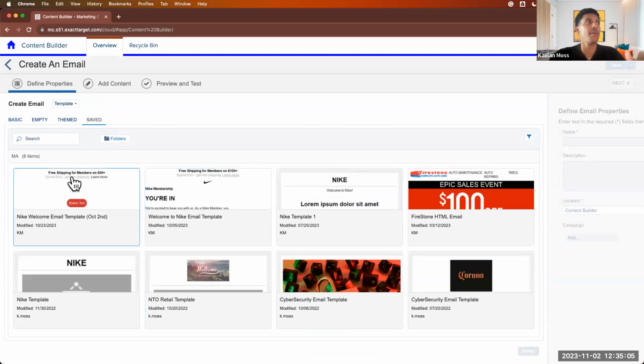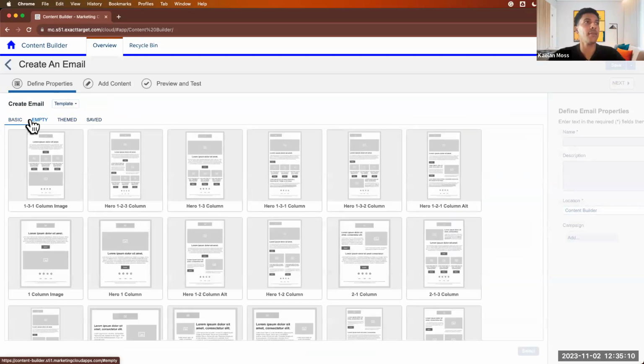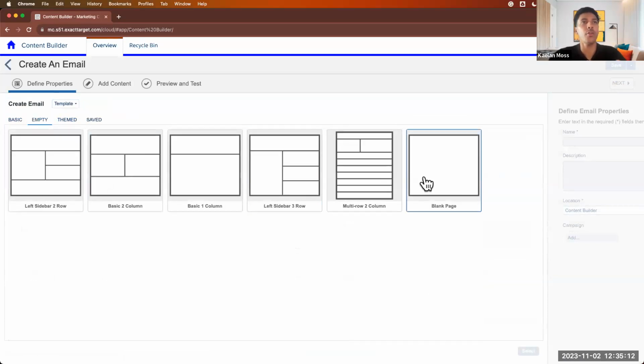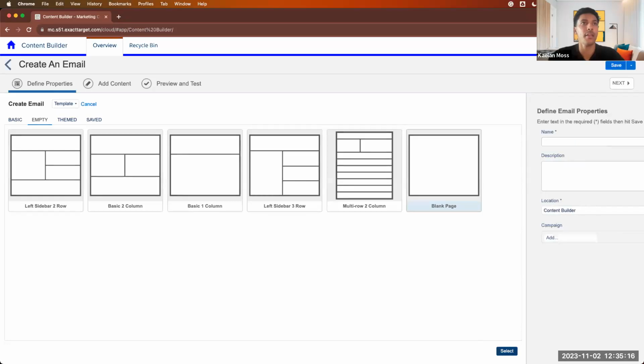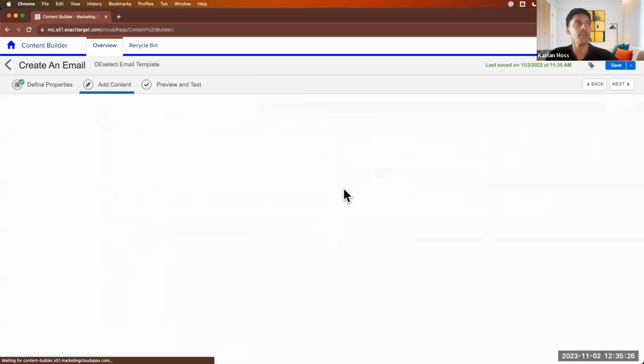You can have your saved templates, themed, empty templates, or basic. Just for the sake of showing you how to do this and how easy it is, we're going to start from scratch right here on a blank page and just name this Deselect email template. And we're going to go ahead and click next.